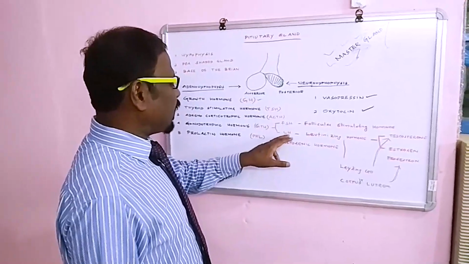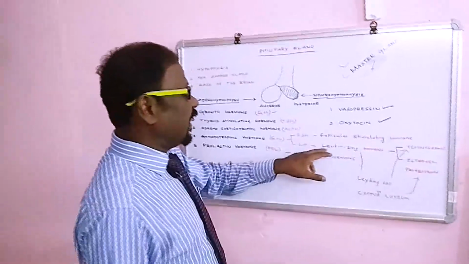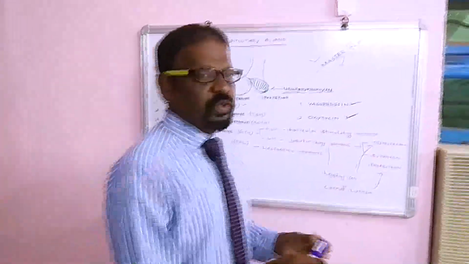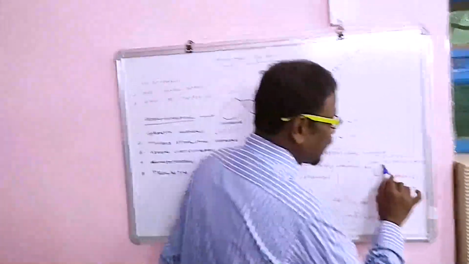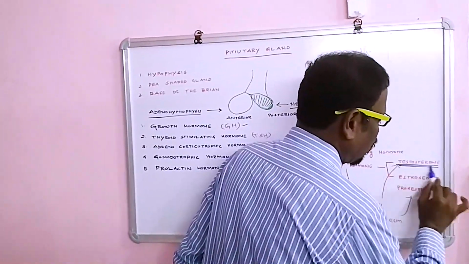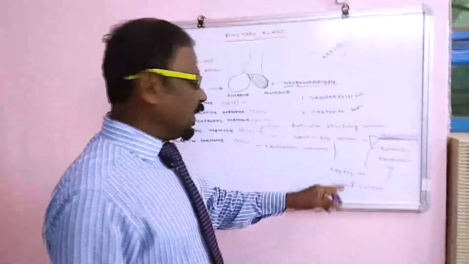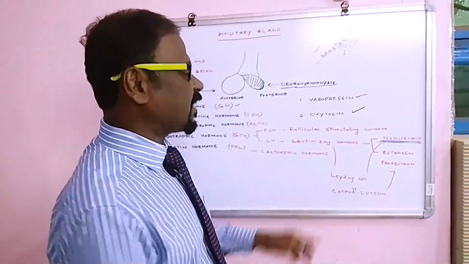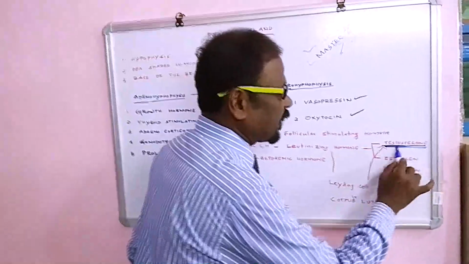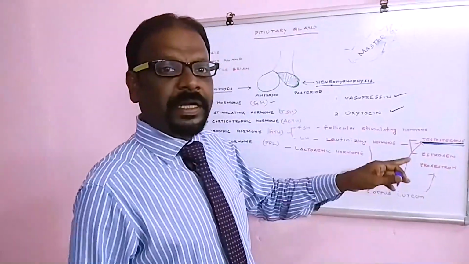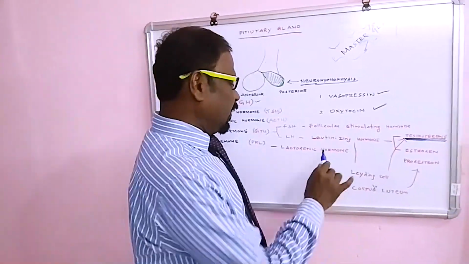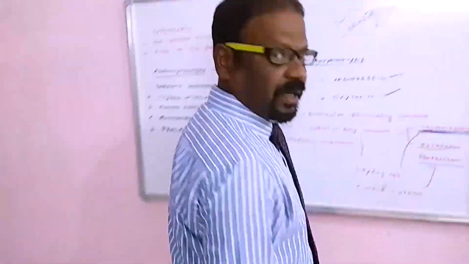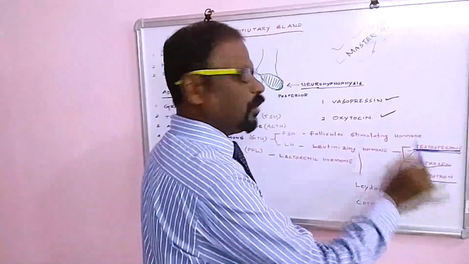And another hormone is called LH, luteinizing hormone. The luteinizing hormone is responsible for producing, in male, the testosterone. It is the male sex hormone. For example, in the testes we can find the Leydig cells. These cells are producing the testosterone. Testosterone is the male reproductive hormone. At the same time, in the female, the luteinizing hormone stimulates estrogen and also progesterone. So these are the female reproductive hormones.